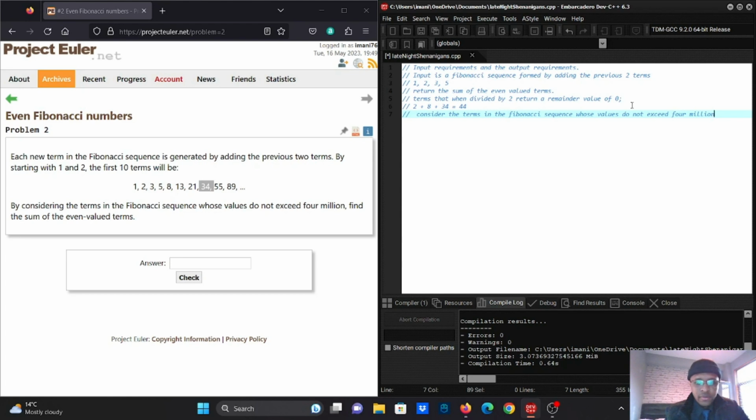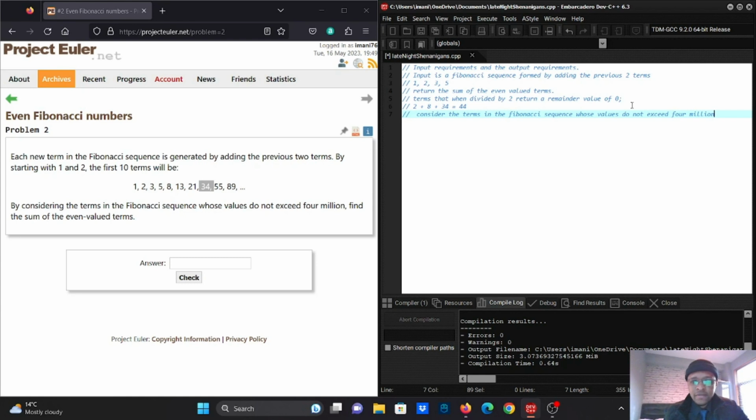Okay, now that means the values in the sequence should not go over 4 million. That is something that we need to think about as well while we are